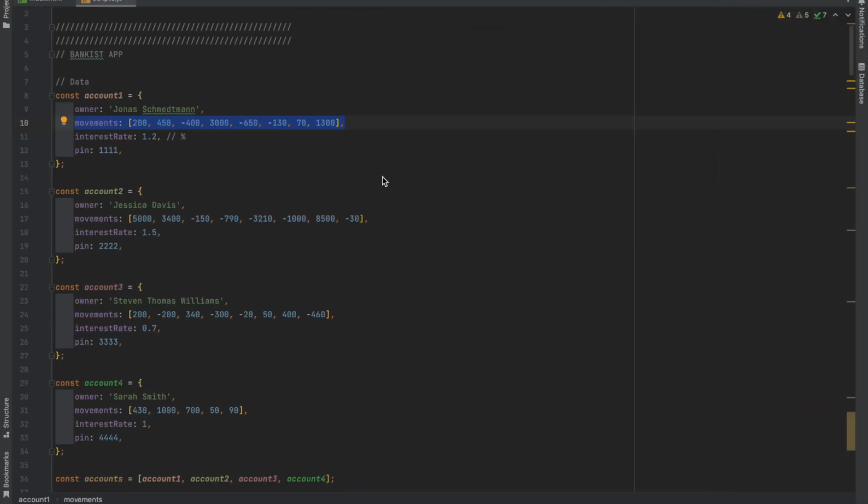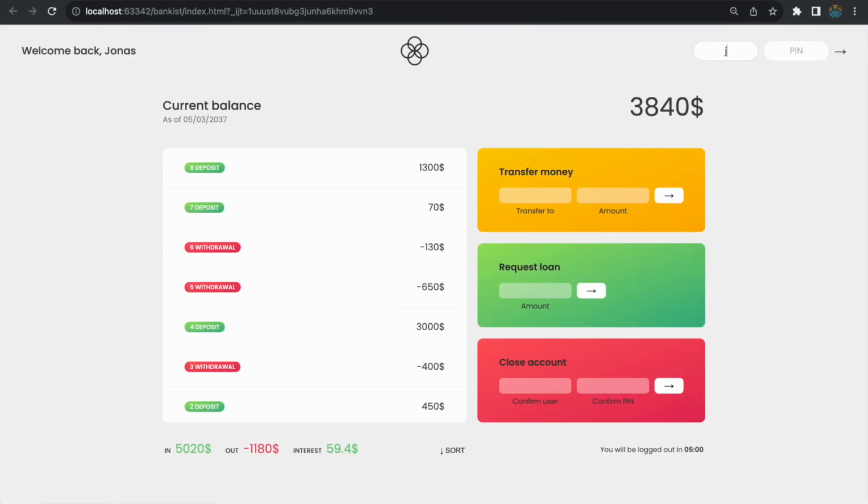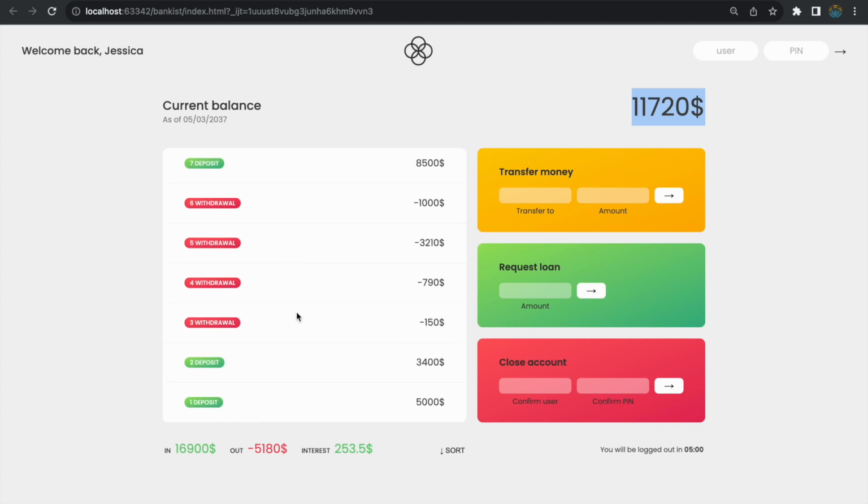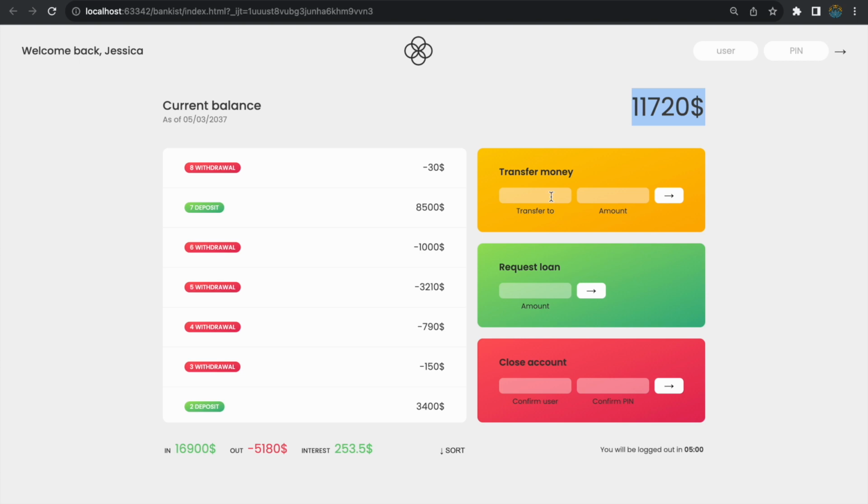So if I were to go to, let's say, Jessica Davis, so JD, and then her password. Now we're in Jessica Davis. Jessica Davis has this as her total, and her withdrawals and deposits are from Jonas. And so what we could do is lend over $720 to Jonas. So we just type in JS, and then we pass in the amount,